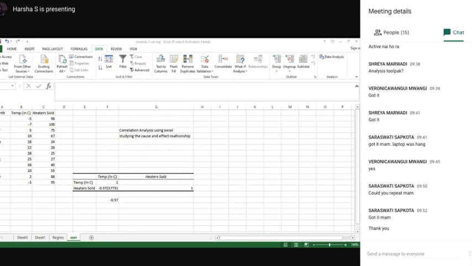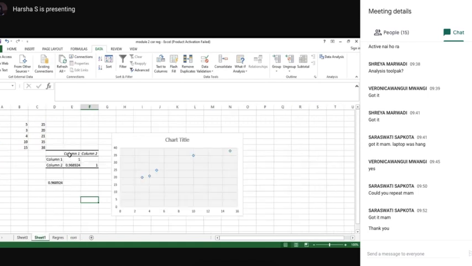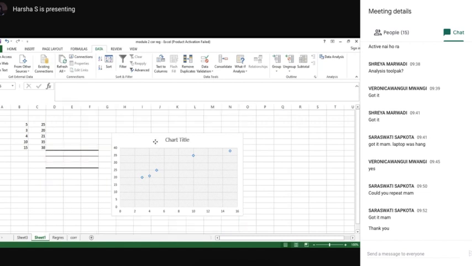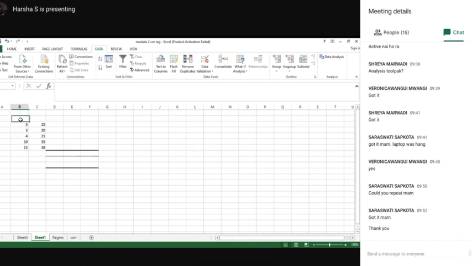Okay. Just for your practice, do this. This is variable X and this is variable Y. Variable Y is the dependent variable.